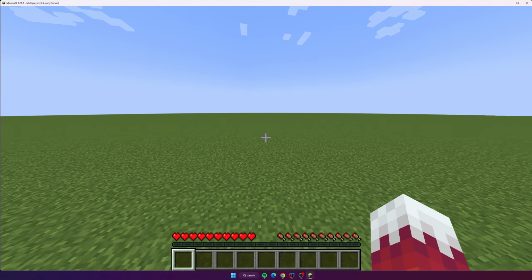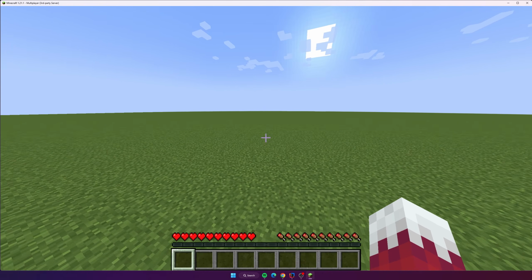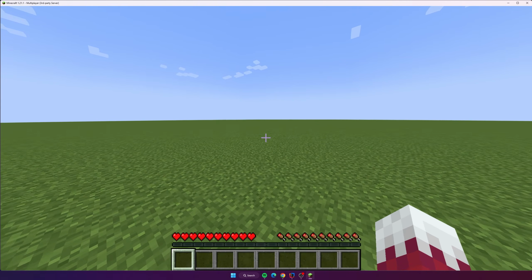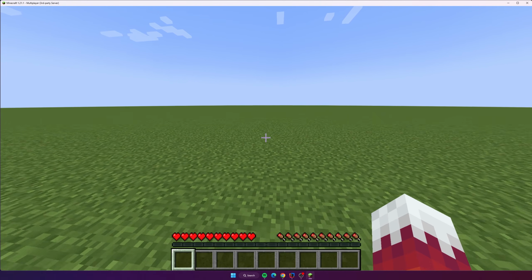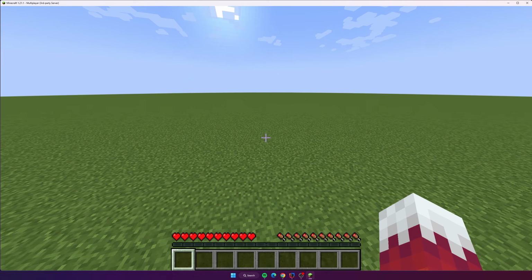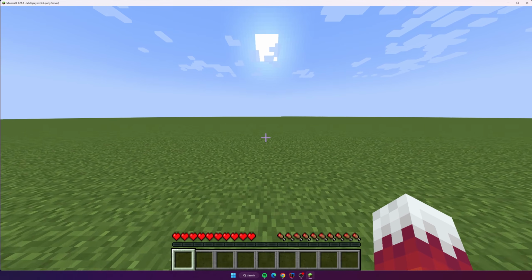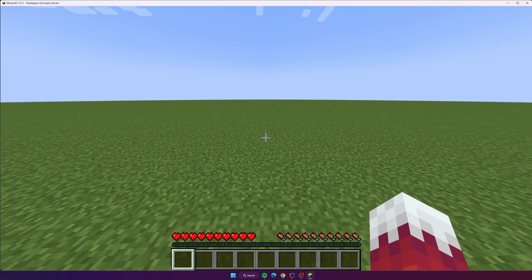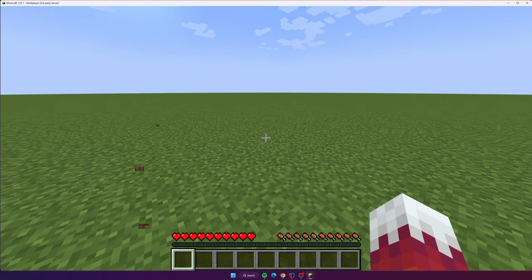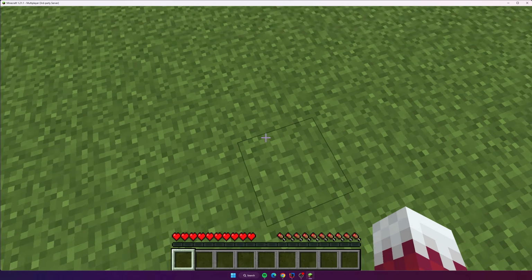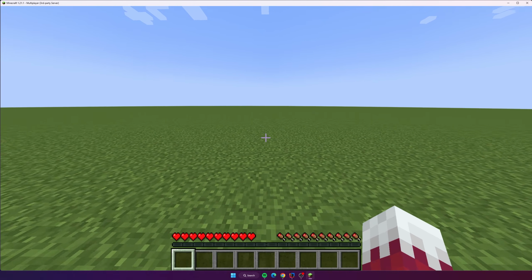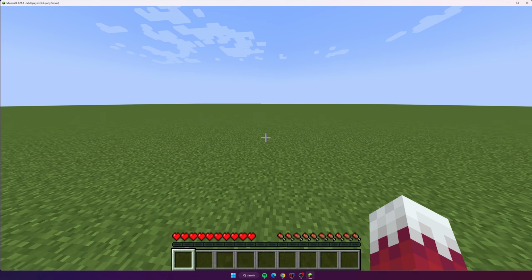So that is what it means to cancel an event. You can do that to many of the events that we have available to us. Some of them you can't, but a lot of them you can. And this is very useful actually because you can prevent the player from doing stuff. So just as a very basic example here, if on a Minecraft server you have a player in the spawn area and you don't want them to be able to break stuff in that area, you could check to see what coordinates they're in, and if they're in that specific coordinate zone, then you could cancel the block break event so they cannot break a block in that area. That's just one example of how this could be useful, okay?